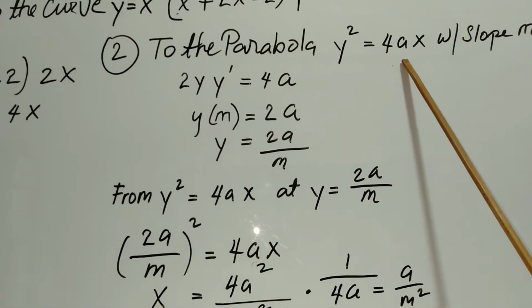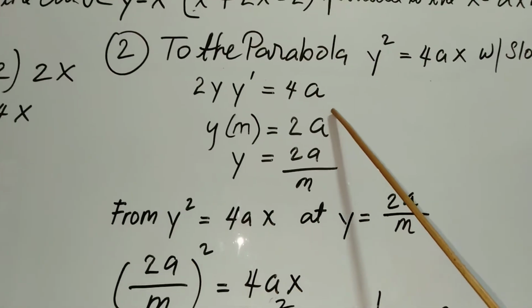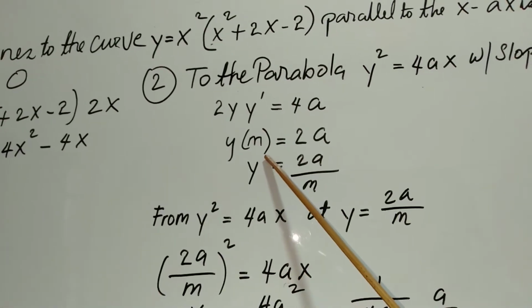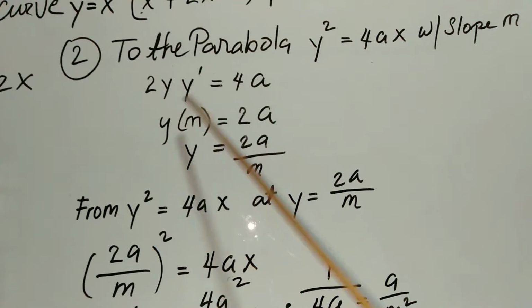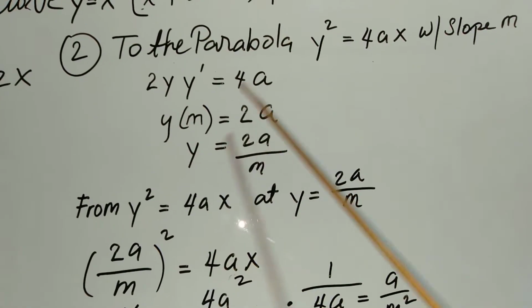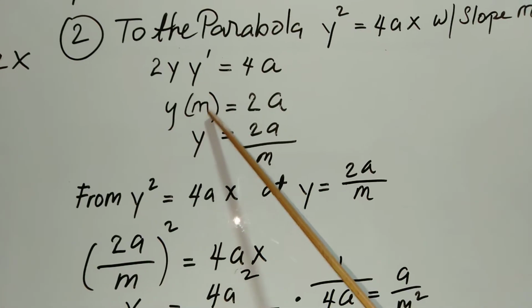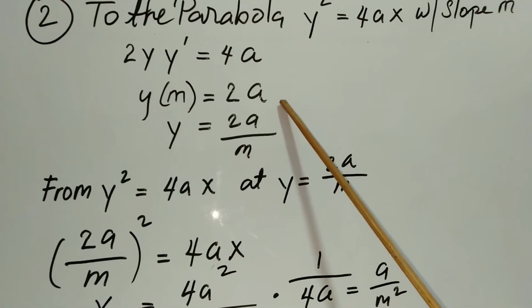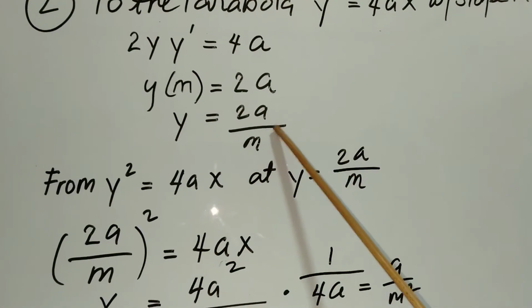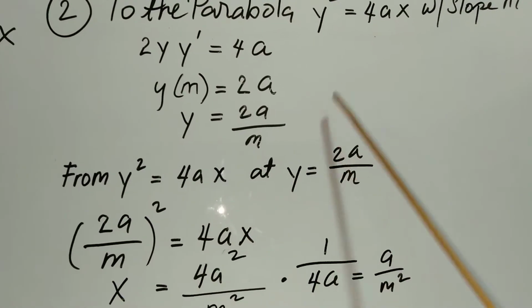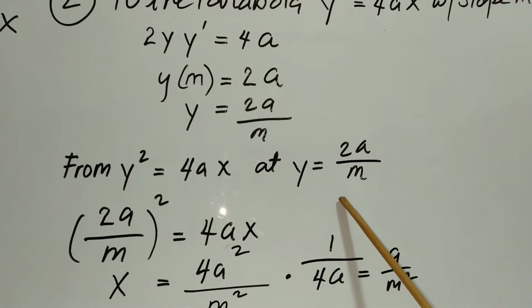So y prime is equal to m. We substitute y prime, and we divide both sides of the equation by 2. We cancel out 2 here. So what remains here is y times the quantity m is equal to 2a. So y is equal to 2a over m. Knowing the value of y, which is equal to 2a over m,